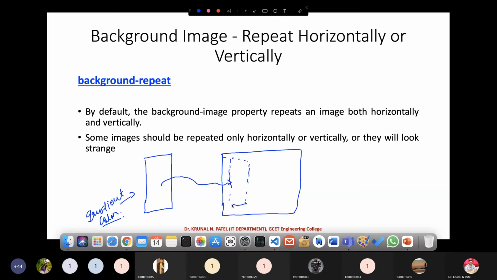Imagine this is my screen. Now the next thing I want to do is repeat it horizontally. You can repeat it in two directions, one horizontal and another vertical, right? So this particular image will be horizontally repeated. Similarly, you can repeat this particular image in a vertical direction.